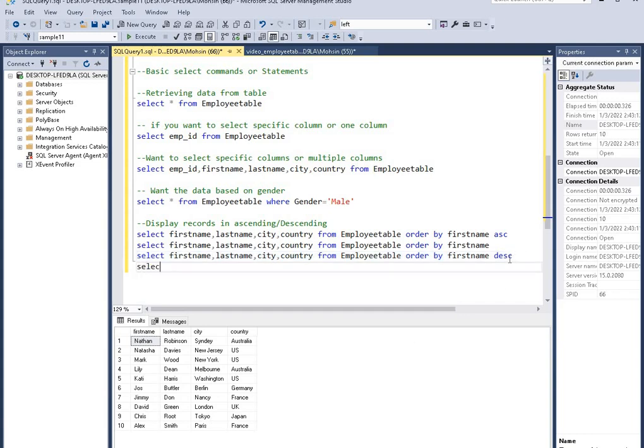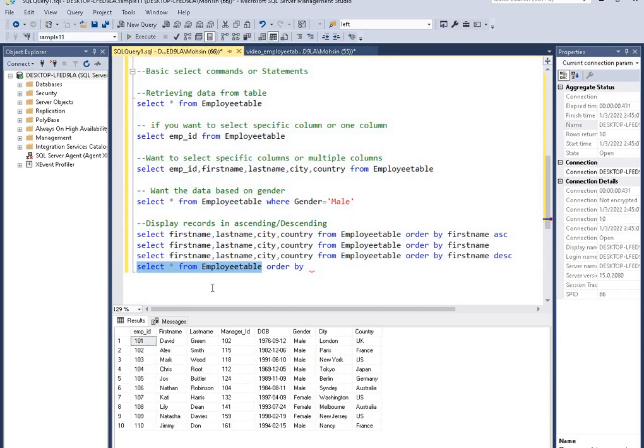Select star from employee table, order by. Here you can see all the details. I'm typing order by column name. Instead of column name, we can type the column number as well.